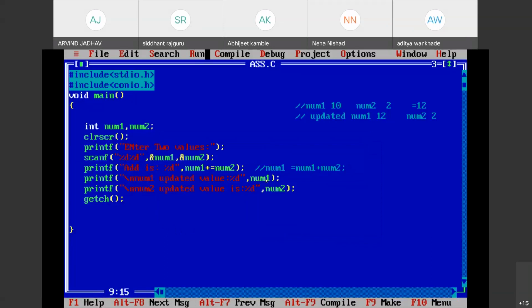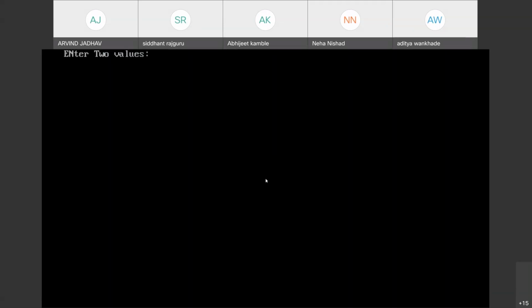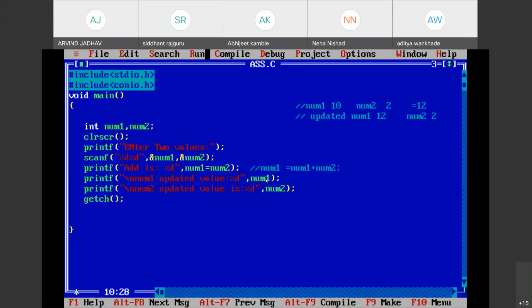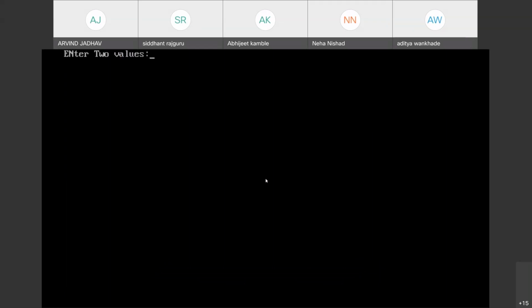Like that, take subtraction, take multiplication. So here I will take -=. Okay, so this will give subtraction, 10 and 2. So 10 minus 2, 8 will come. After 8 comes, the updated value will be 8 and the num2 value will be 2. See, we can perform multiplication also. 10 and 2, 20 will come. So the num1 value of multiplication will be 20 and the updated value will also be 20. The num2 value will not change, just the remaining values; the output that comes will change.